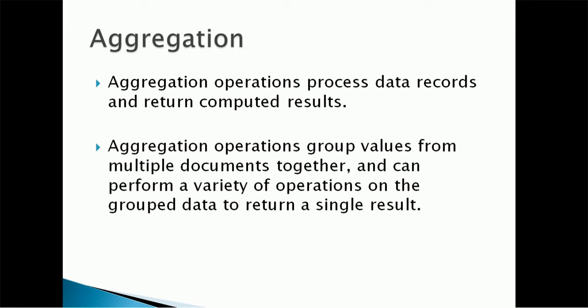In this session, we'll discuss how queries are executed with aggregation, and the actual execution of queries on the MongoDB command line. Aggregation operations group values from multiple documents together and can perform a variety of operations on the grouped data to return a single result. For example, you can find the minimum, maximum value, average, and you can find the sum and count of columns which match specific criteria.